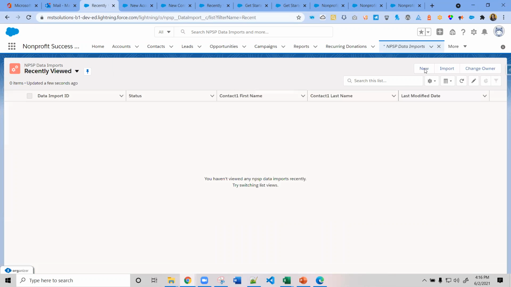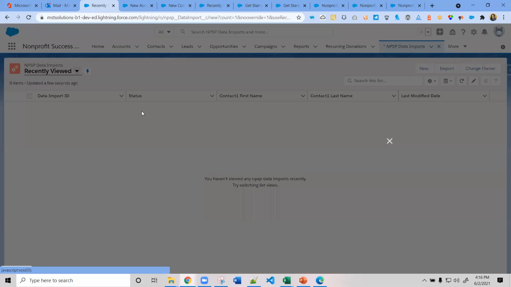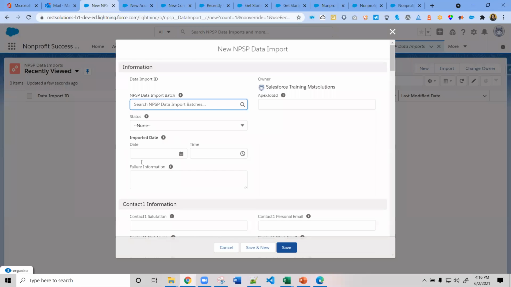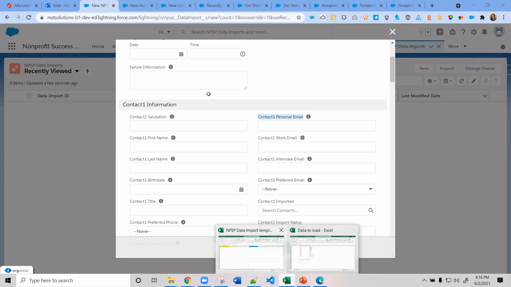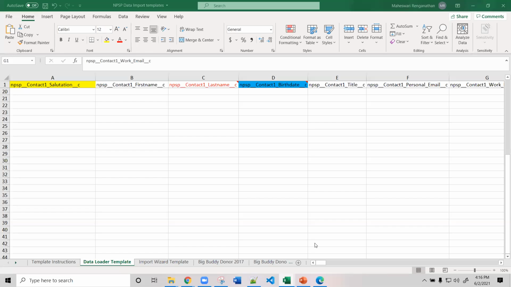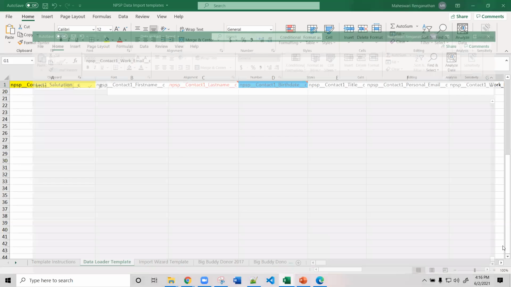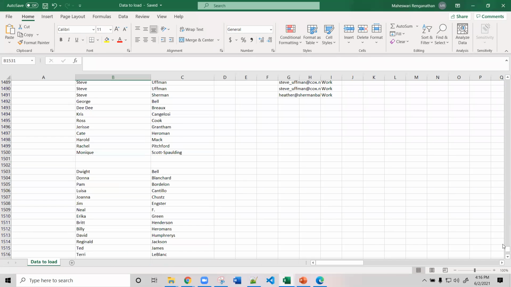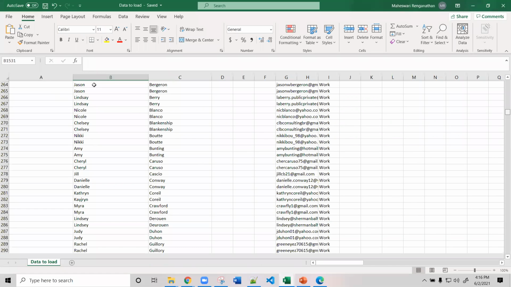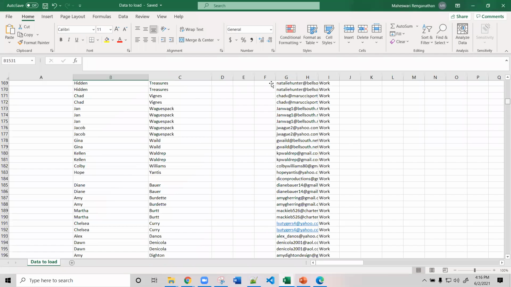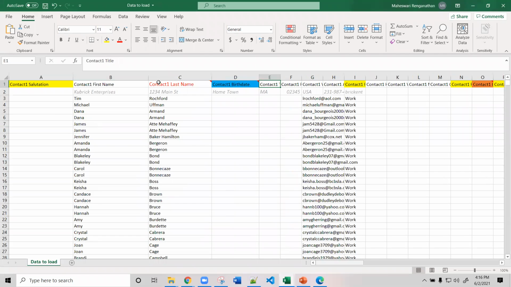If you click on new here, the fields of this object are account, contact one salutation, contact one first name, last name, birth date, and the title. So we are going to have these labels as headers in the Excel sheet, and we are going to load the data. First, we need to prepare the Excel sheet like this. Like here, and based on this, we need to load the data,